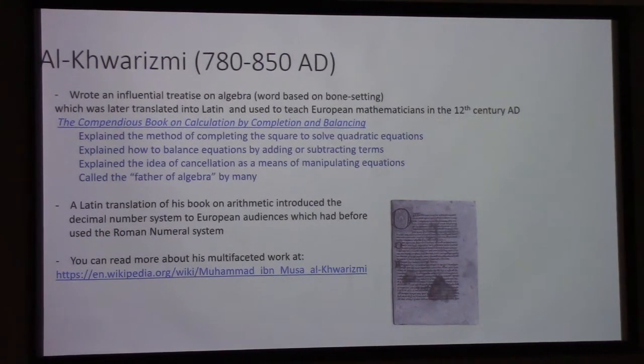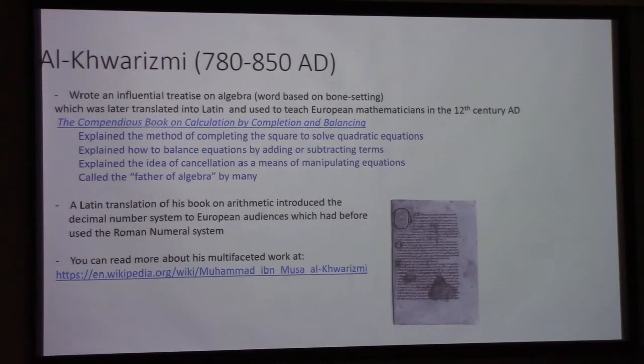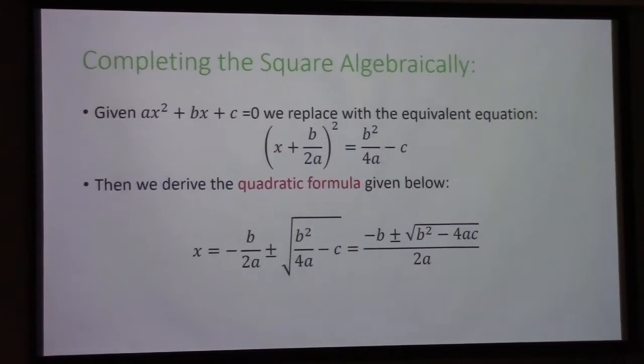Well, remember the Roman Empire? They had Roman numerals. You ever try to figure out the date of a movie at the end in terms of the MCXVII? Yeah, it's not good, right? So imagine doing all of your numbers with Roman numerals. It would be rather hard, right? So changing from that notation to a more friendly, decimal-based notation was an important step towards making computation understandable. Anyway, you can read more about this guy's work at this Wikipedia article if you like. Wikipedia is really good for math for the most part, because Wikipedia tends to get edited by an army of nerds, and so it tends to work.